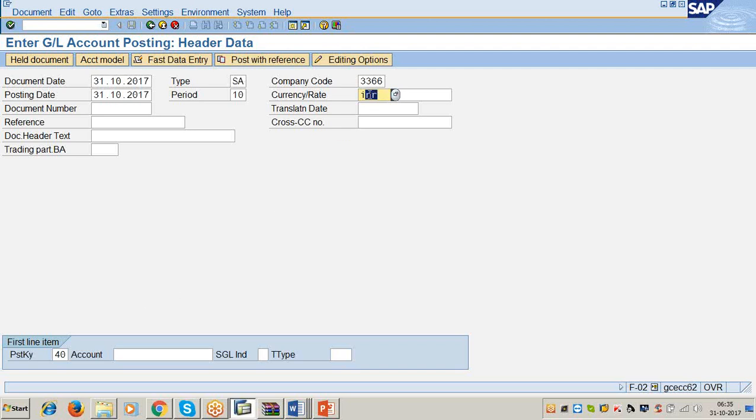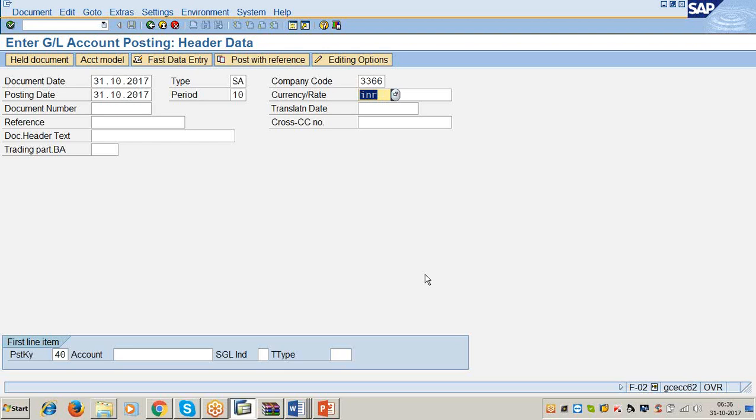Now, how does the system understand that the currency entered here is a foreign currency or my own currency? If you remember, our company code local currency is US dollar. At the time of creating the company code, we gave the currency US dollar. Now, at the time of posting every business transaction, we enter the currency here.